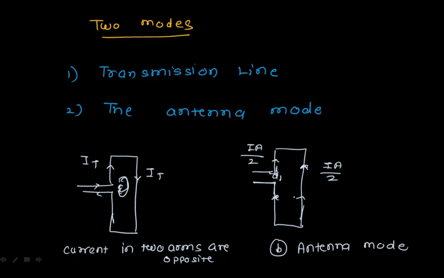So here, whenever you are talking about this transmission line mode, if you see the current directions, they are equal and opposite in direction. So if they're equal and opposite, they cancel each other, and hence you will not have any radiation. But in the antenna mode, the current directions are in the same direction, and hence in the folded dipole, in the antenna mode, the current will not get cancelled and you will get the radiation. Now I'll talk about the input impedance in the transmission line mode.